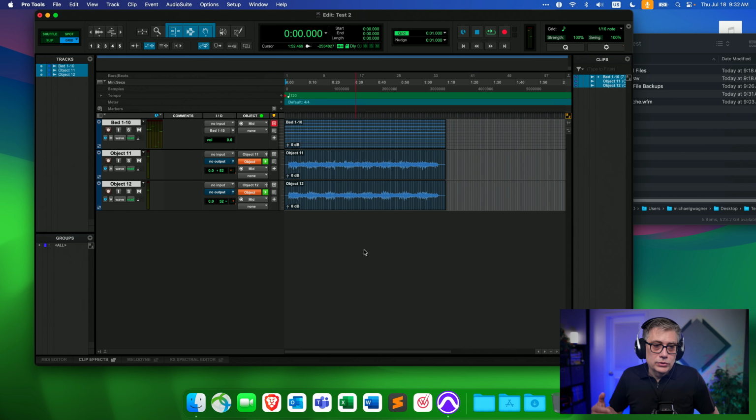So you can also load in master files, which is one of the big features of Pro Tools. There aren't that many digital audio workstations that can do that. Nuendo can do that. DaVinci Resolve Fairlight can do that. But other than that, that's pretty much it. So this is a really cool feature that Pro Tools has. And that's all I wanted to cover today.